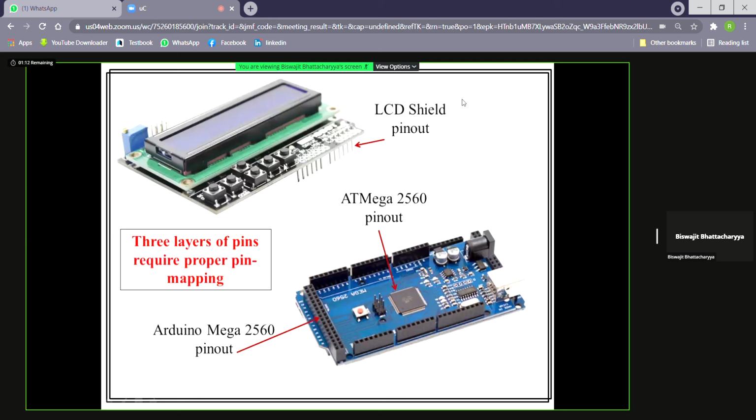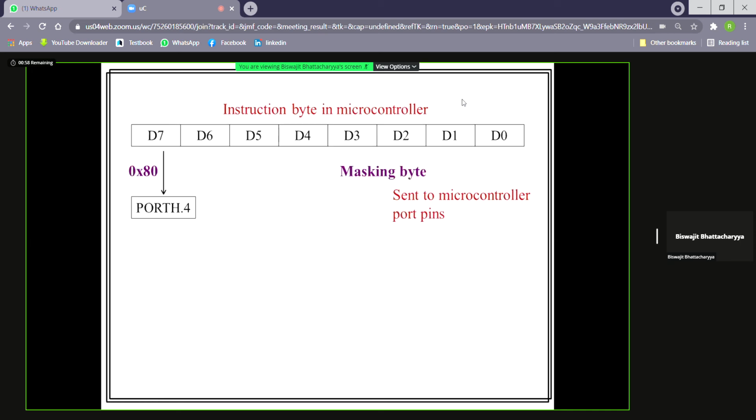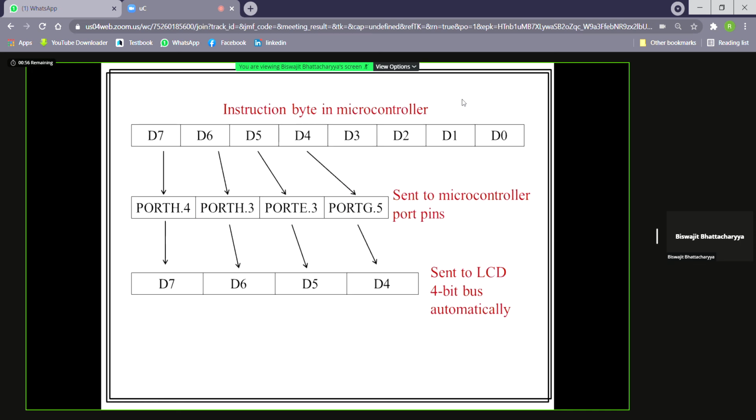From the microcontroller pin to the Arduino pin, and from the Arduino pin to the LCD 4-bit bus pins. Just by sending 1 or 0 to these ports, it will automatically go to the 4-bit bus of the LCD.